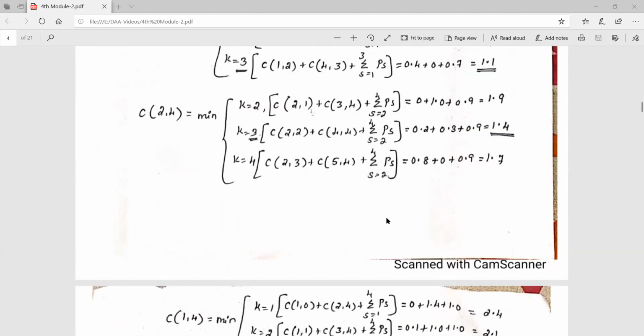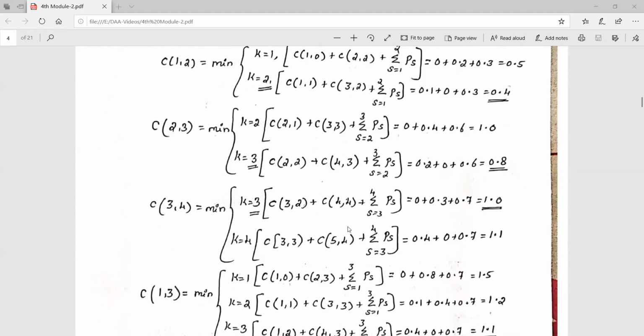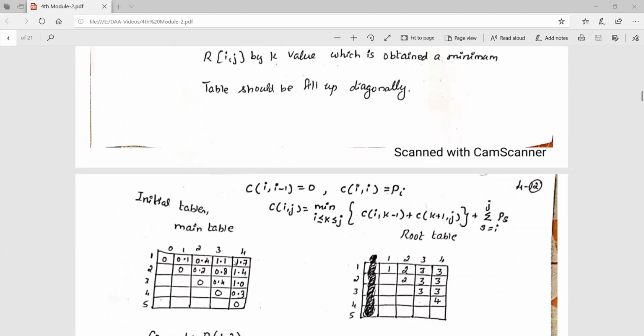Now you see here, in the beginning I took the same problem and gave some 2 trees. Out of the 2 trees, the average number of comparisons was 2.9 and 2.1. Now what is the value we are having? We are having the value 1.7. This 1.7 is less than the 2.1. So this will be the optimal binary search tree.